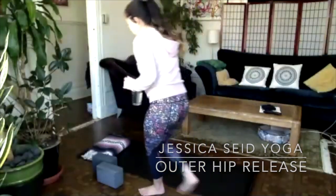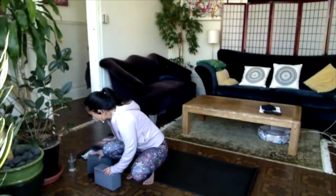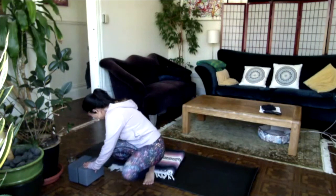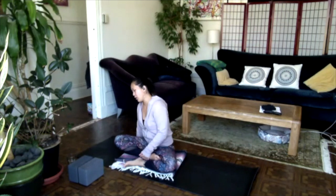space. So feel free to prop your hips up onto something if that's available to you. If not, no worries. And once more, if you're just joining us, you will need something to prop your hand onto. So a yoga block or a sturdy water bottle, something like that. And so as you find this tall, comfortable seat,